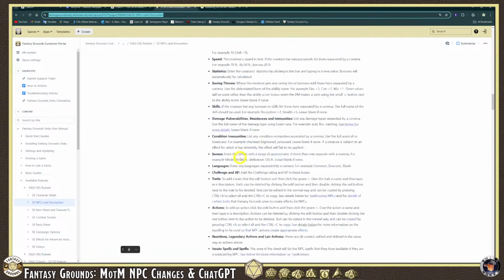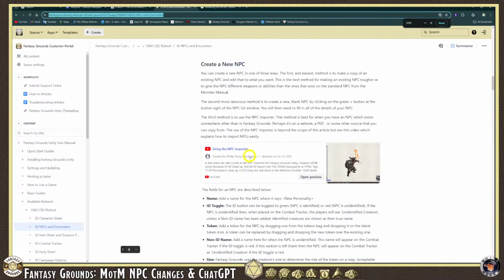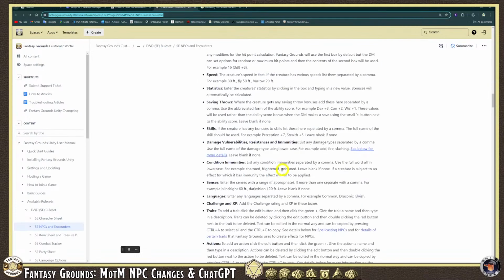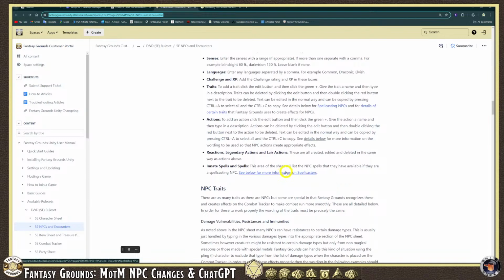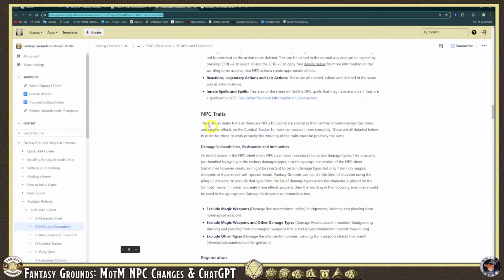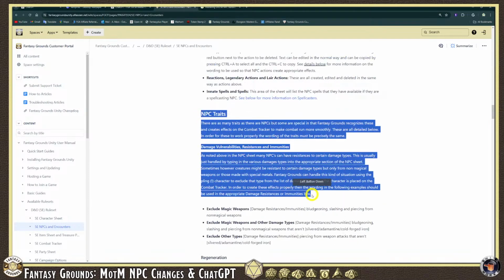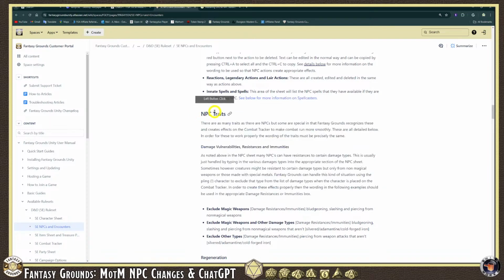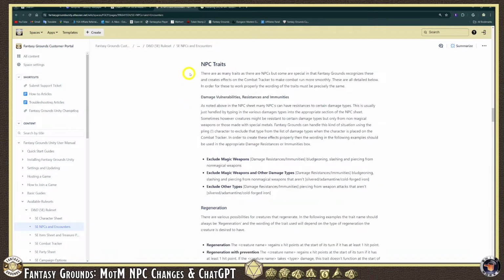So this kind of goes in and explains what all of the fields are on the NPC stat block in regards to Fantasy Grounds. And then this even mentions traits here, but this is probably going to go away, or not necessarily go away, but not be used as much in the future. So older products will still have that. They should still work, but newer products probably won't list a header called traits, and the formatting would be slightly